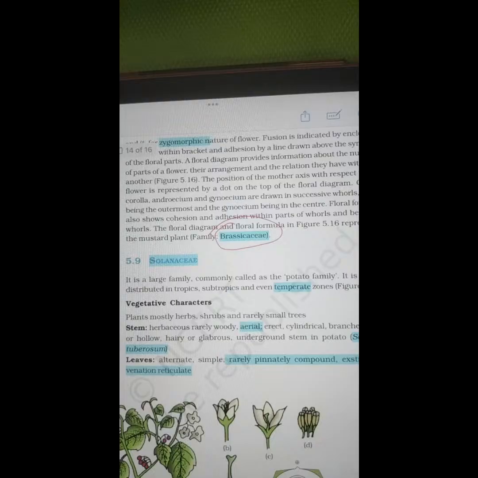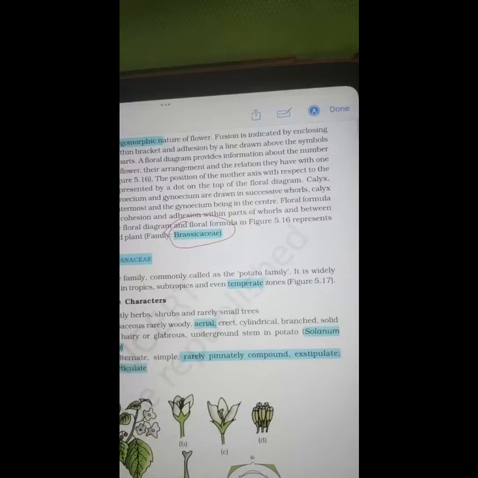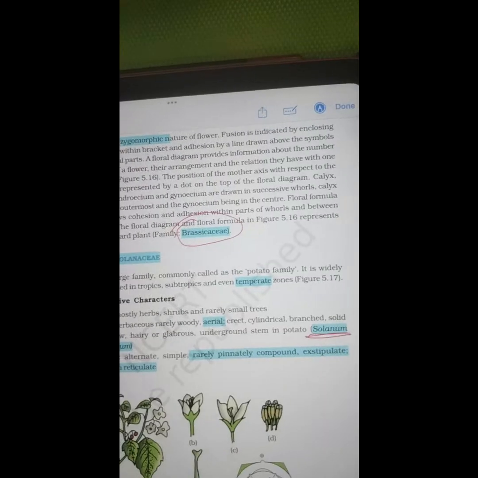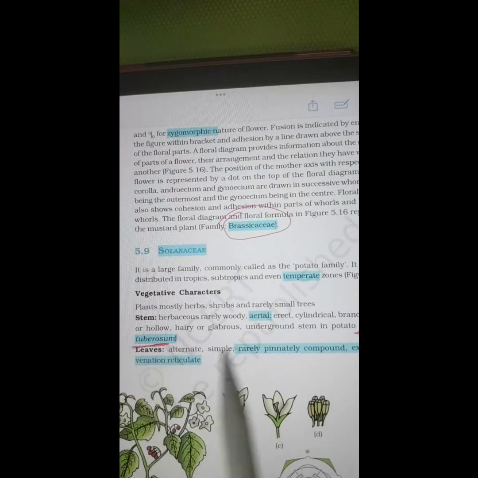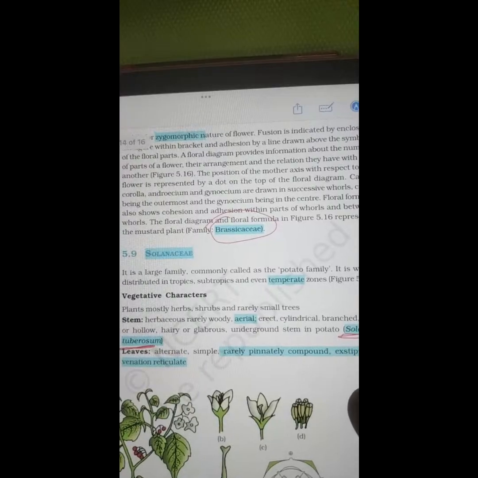So Solanaceae is the potato family. It generally grows in the temperate regions. The vegetative characters of the stem are being given. Remember that the scientific name of potato is given here, Solanum tuberosum, right? Important. The leaves,